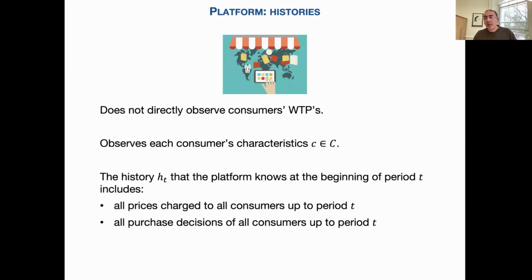Okay? Now, what the platform is going to do in every period T is offer a segmentation to the seller. And the way in which we think about market segmentation is like Bergemann, Brooks and Morris. So we're going to formalize it in exactly that way. The only difference is that in the standard environment, the designer knows the valuation of each consumer, so it's going to segment consumers based on their value. Here, we can only segment consumers based on their characteristics.